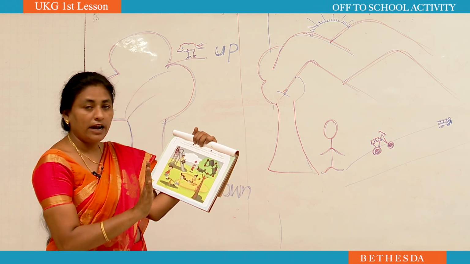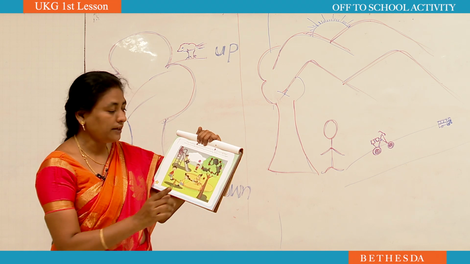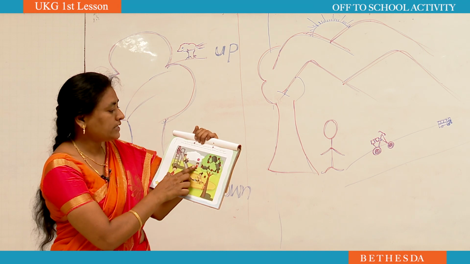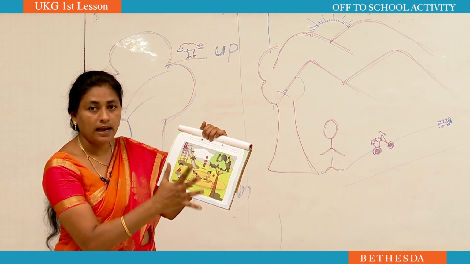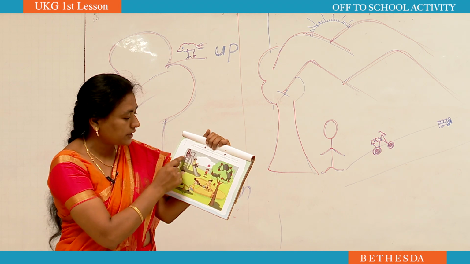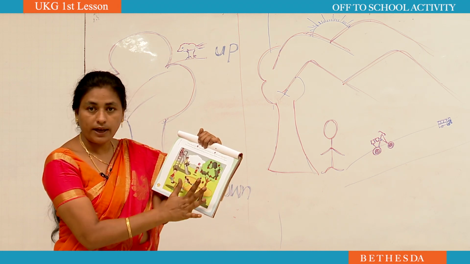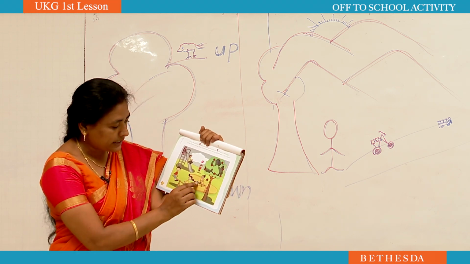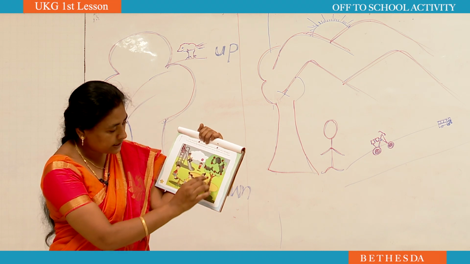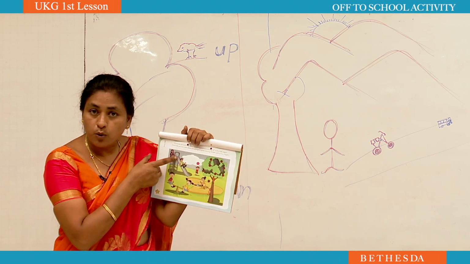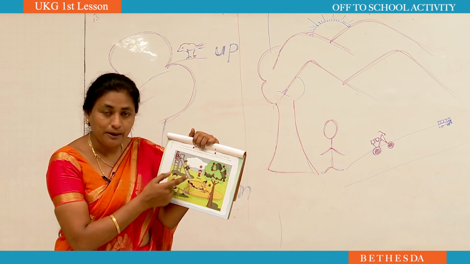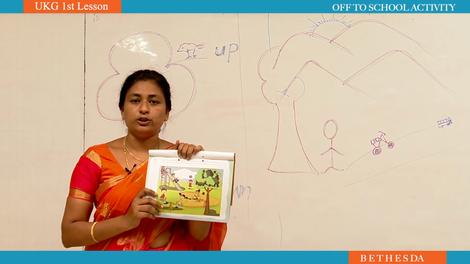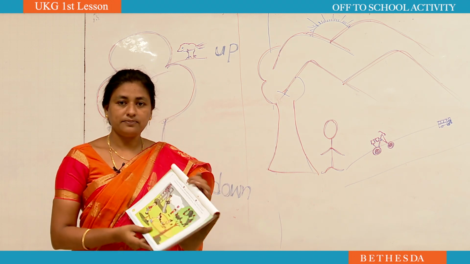So, what you have to do, Nana? Take your red crayon and circle with the red crayon the things which are up. Circle the pictures. Okay? And for the down, take the blue crayon. You can see the ball is down, the squirrel is down, the apple is down, this boy is coming down the slide. You have to circle with the blue crayon. This is the activity you have to do. Okay, Nana? Bye.